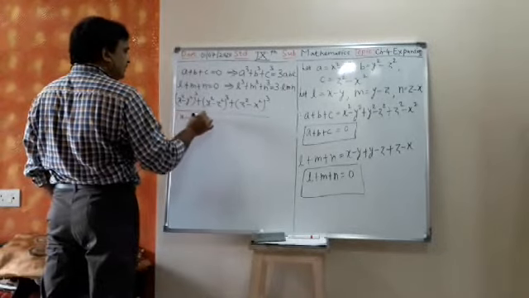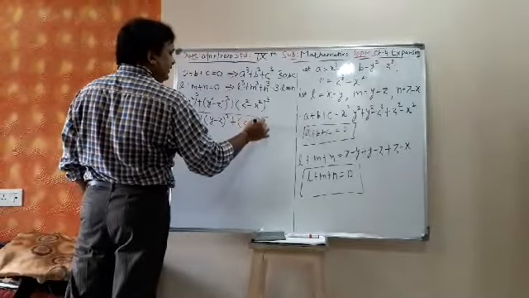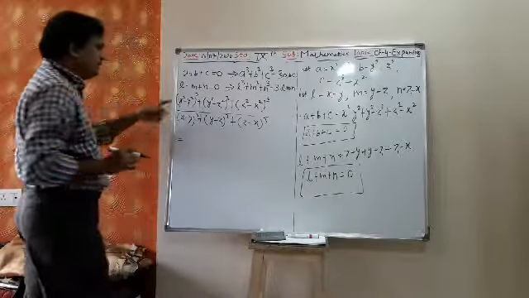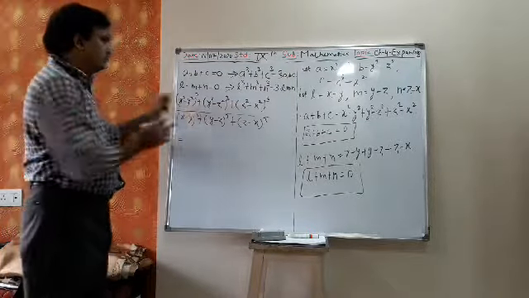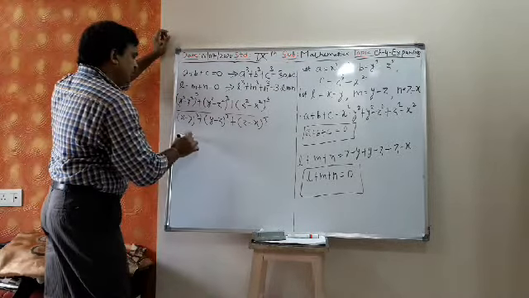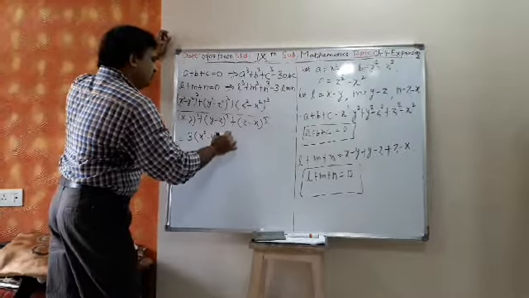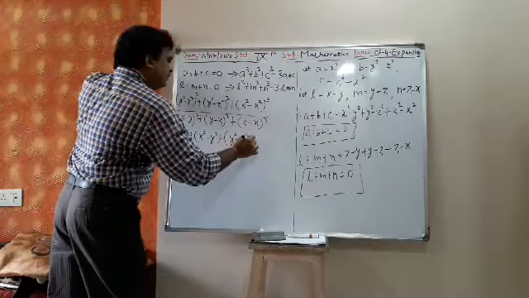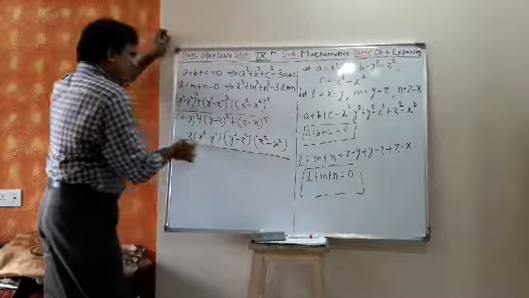Then the denominator is (x minus y) cube plus (y minus z) cube plus (z minus x) cube. Now let us find the value of the numerator. By the first, A plus B plus C is 0, so this will give you A cube plus B cube plus C cube is 3 into A. What is A? x square minus y square. Into B, y square minus z square. Into C, z square minus x square.